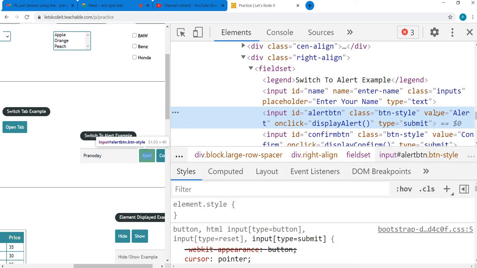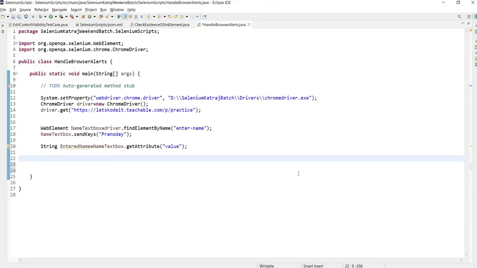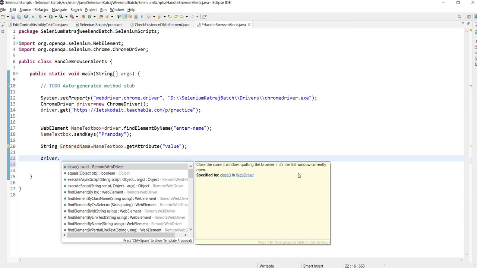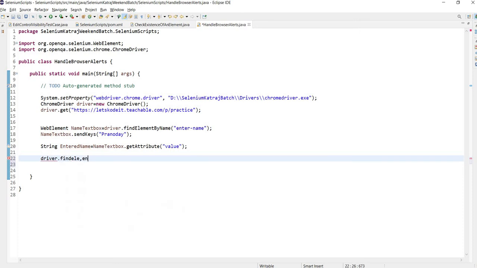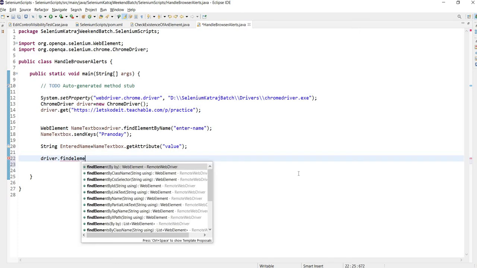Now, as this is uniquely set, let's make use of it for finding. But we do not have any find element by APIs in Selenium which will make use of the value attribute, right?